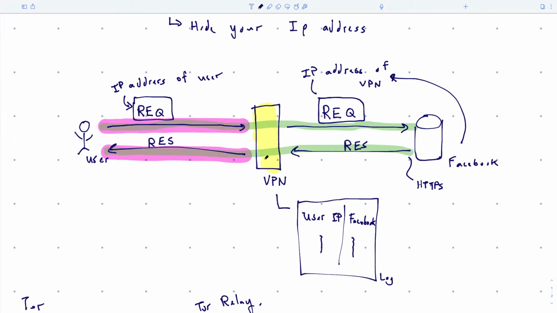Okay, so the VPN would see the outer layer of the packet, but it wouldn't be able to see the inside content. Now, we saw all those fingerprinting attacks and things like that, right? So the VPN still sees a lot of information. They see the size of packets. They know you're going to Facebook, even if they don't know what you're doing on Facebook. They know all the images and mixed content that gets weaved together. So, yeah. And then the pink here would represent some sort of custom